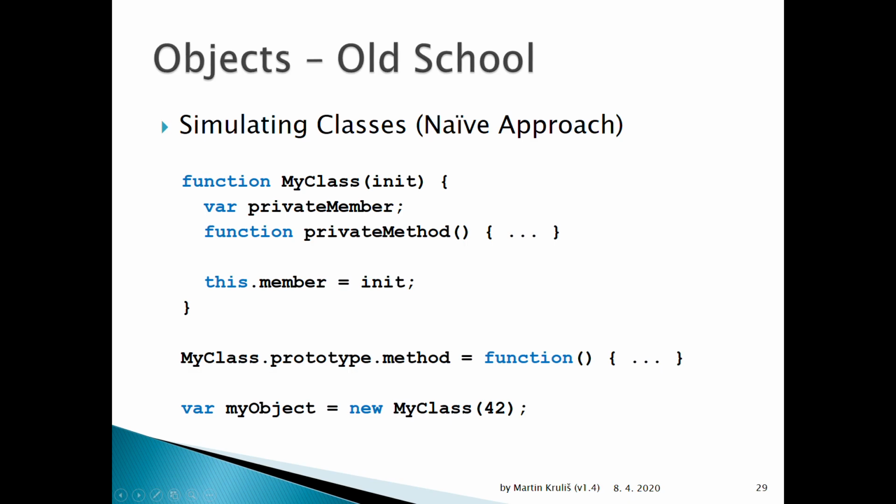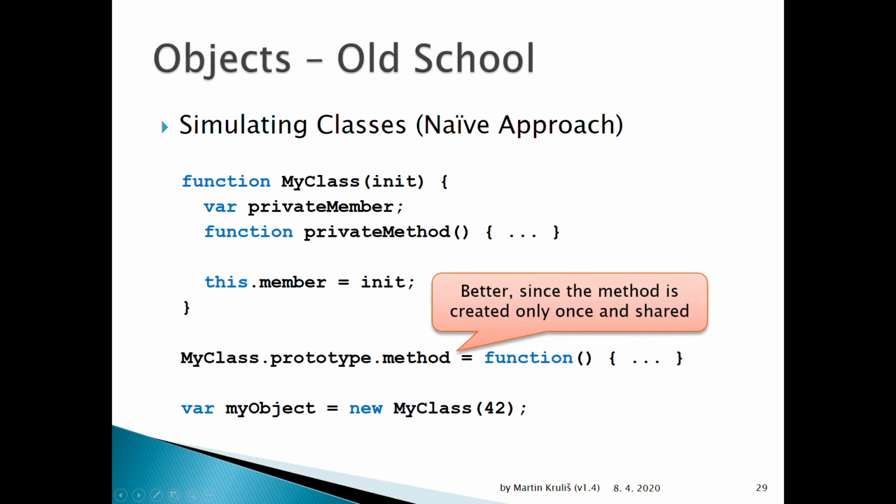However, there is another drawback. This public method does not see what happens inside this execution context. So it can be shared, but it cannot access the private members, the private methods, because they are hidden in the closure